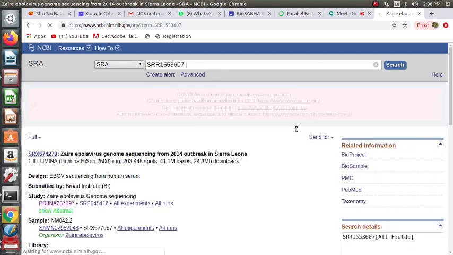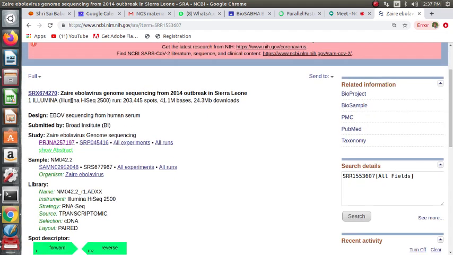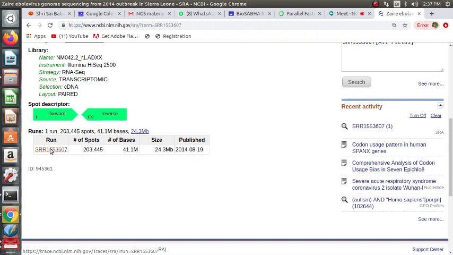So this is Zaire Ebola virus genome sequencing from the 2014 outbreak in Sierra Leone. Basically we have the sequencer information, we have the spots, we'll discuss what spots are. We have a 41.1 megabase file and we have this many downloads. So Ebola virus sequencing from human serum. If we click on the run also, we will see the run information.